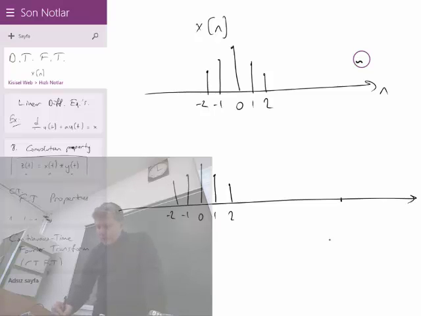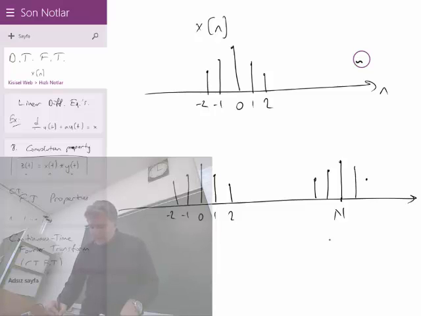And let's assume that we are replicating it with a period of capital N. So at n we have the same 0 value. At n minus 1 we have this value, n minus 2 we have this, n plus 1 and n plus 2 we have these two values. And this periodic version,